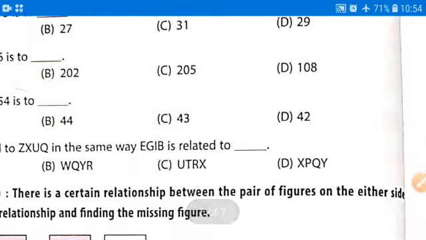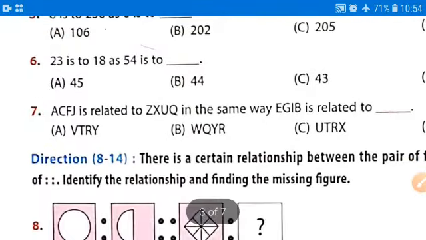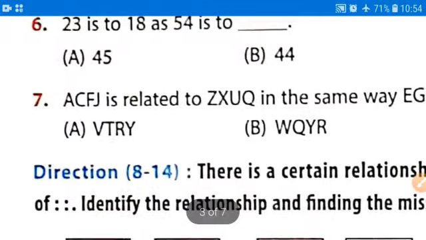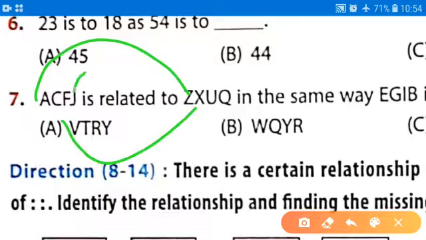You will get how many pairs? You will get 13 pairs. How many letters are there in the alphabetical series? 26 letters. That is why you are getting 13 pairs. So A, what is the opposite of A? Opposite of A is Z, opposite of C is X, opposite of F is U, and opposite of J is